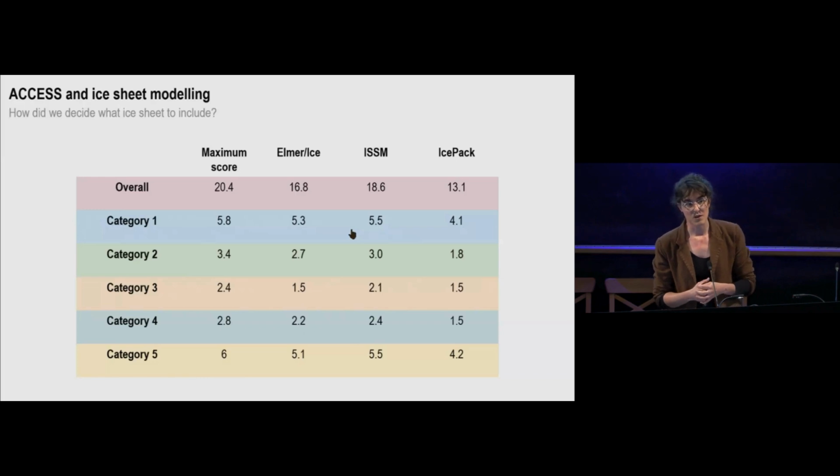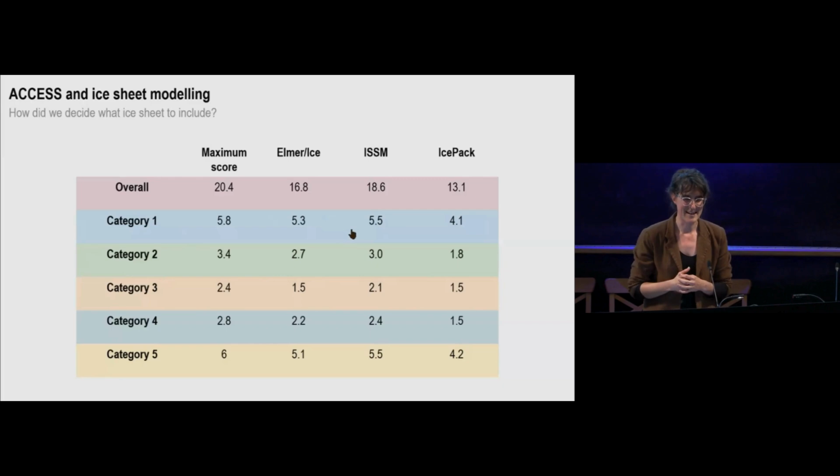And that was really because it's quite a young model, I think it was released like 2 or 3 years ago, and so it didn't have that long track record that the other 2 models we were looking at did. Although I would say ICE-PAC is a really great model, and I think some of the capabilities that it has are really exciting, particularly if we're doing process-based studies. So, if you're interested in ice sheet models, I'm going to recommend the one that ACCESS adopted naturally, but ICE-PAC